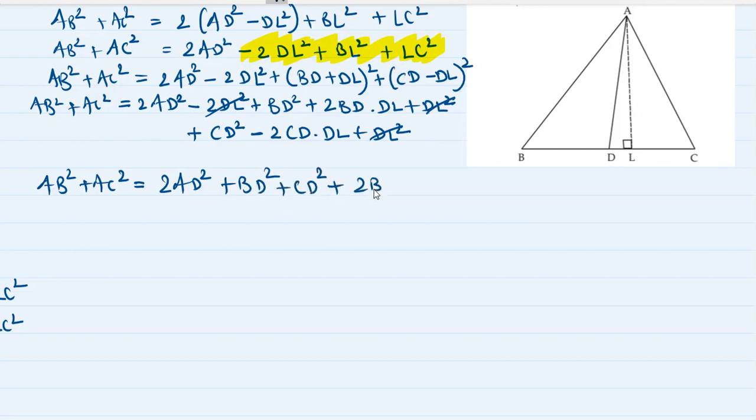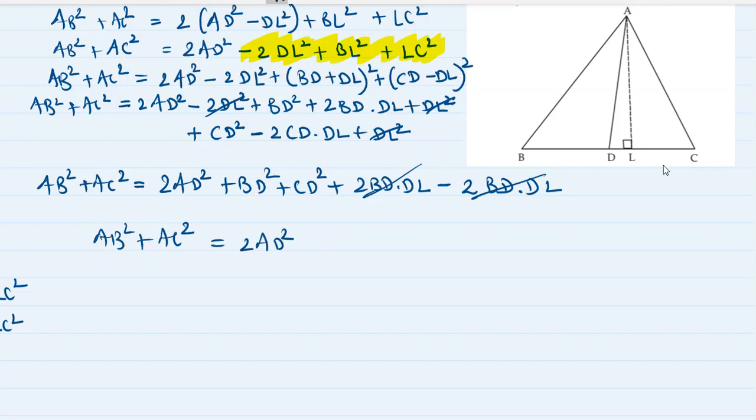plus 2BD into DL minus 2CD into DL. Acha, in the place of CD, can I write BD? Because CD is equal to BD. Why? Because D is the midpoint, AD is the median, right? So in the place of CD, if I write BD, there is no problem. So 2BD into DL minus 2BD into DL will get cut, and we get AB square plus AC square is equal to 2AD square